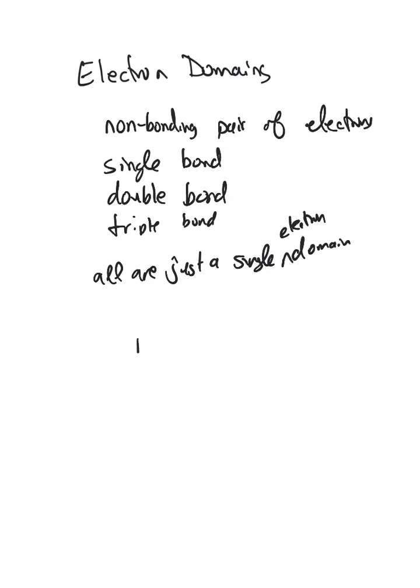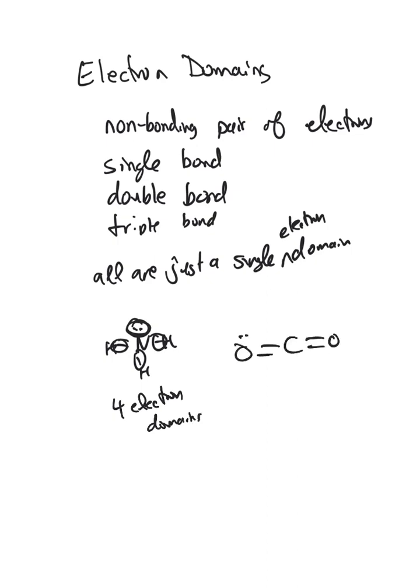So if you look at a molecule like ammonia, it's got 4 electron domains. It's got a single bond, non-bonding pair of electrons, and 3 single bonds. Each count as an electron domain. So that's got 4 electron domains. Whereas a molecule like carbon dioxide, and all of these we're talking about around a central atom and not